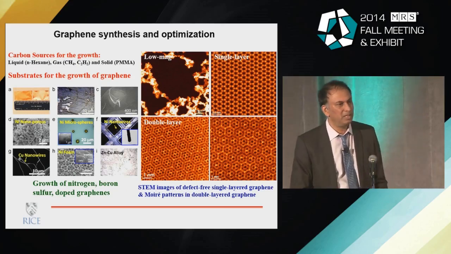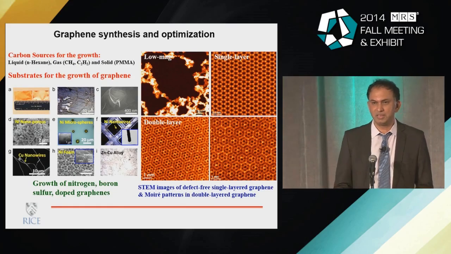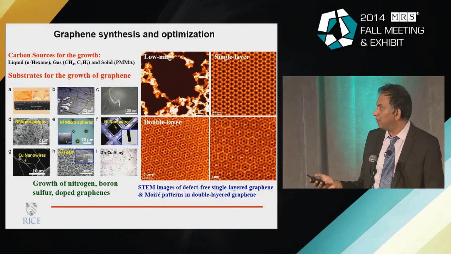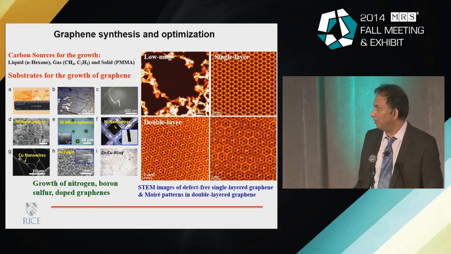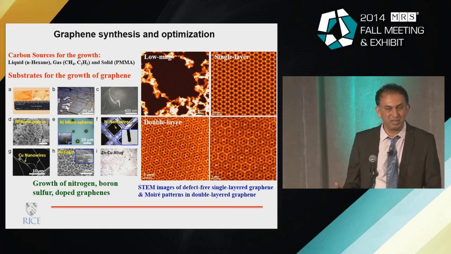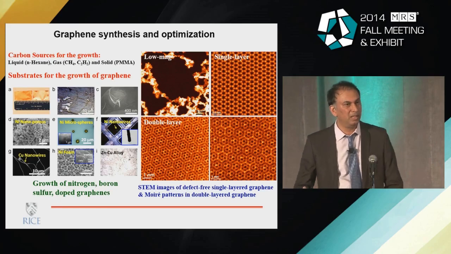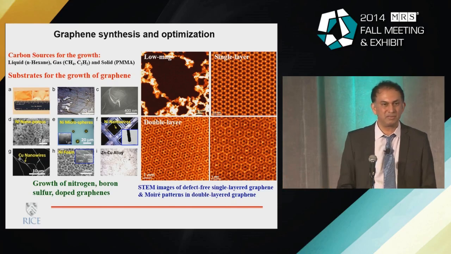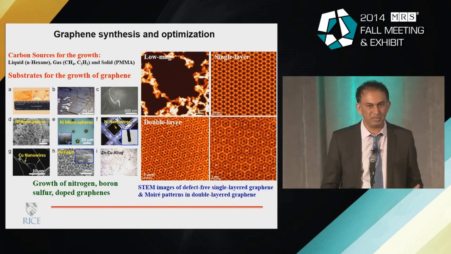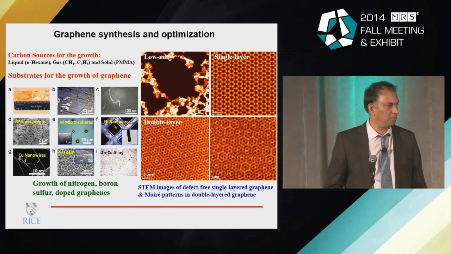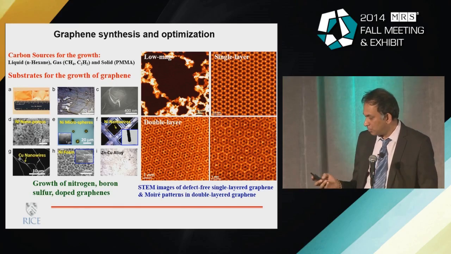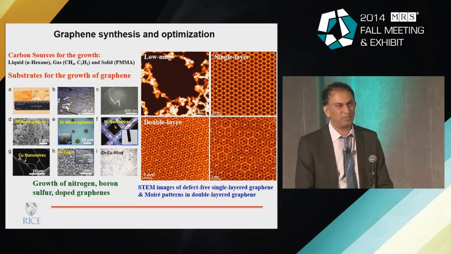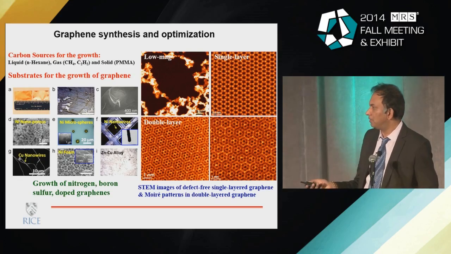And over the last few years, people have demonstrated all kinds of possibilities, and I'm focusing on graphene right now, basically being able to grow using solid precursors, liquid precursors, gaseous precursors. You can grow them on any substrate that you would like. But still, some of these growth techniques suffer from the fact that you can only grow them on metal, and you have to transfer onto an insulating substrate in order to make devices. But again, I think this shows the evolution of this whole idea of growing monolayers by vapor phase transport, and that has had a significant impact on this field.